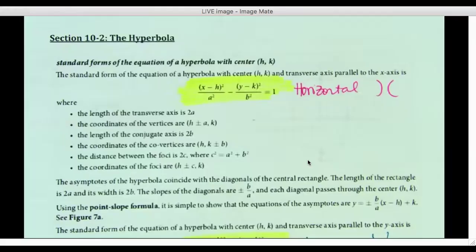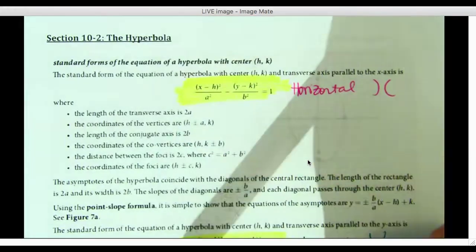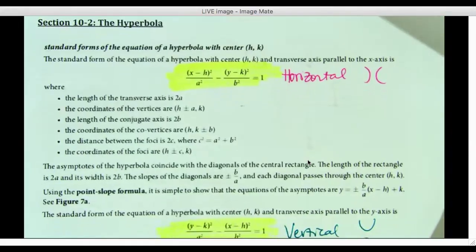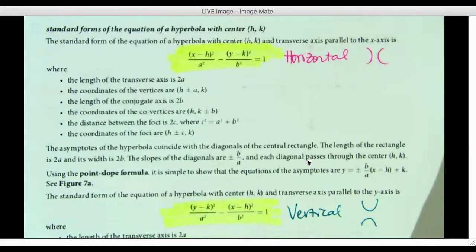All right, this is section 10-2, and we are looking at the hyperbola. We're going to be looking at horizontal and vertical hyperbolas. And like we saw with the ellipse, there's a bunch of information here. I'm going to try and make it as minimal that you have to memorize as possible and teach you how